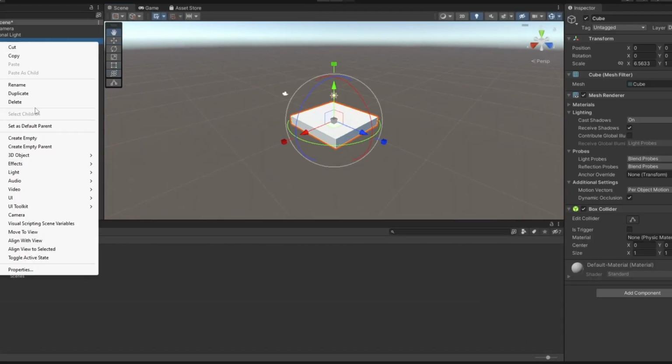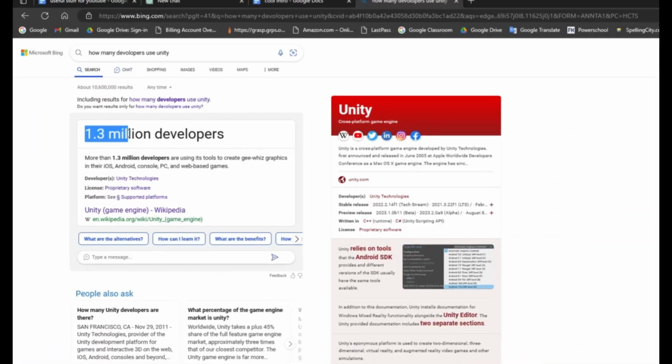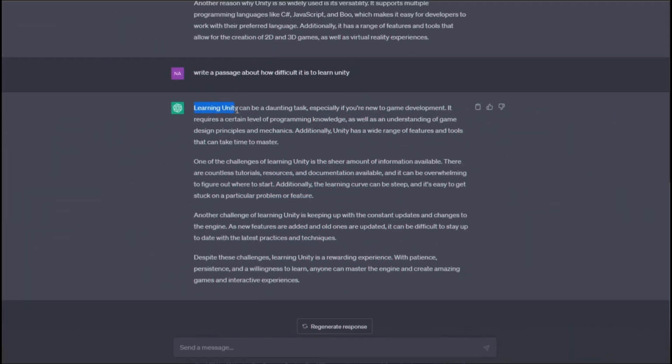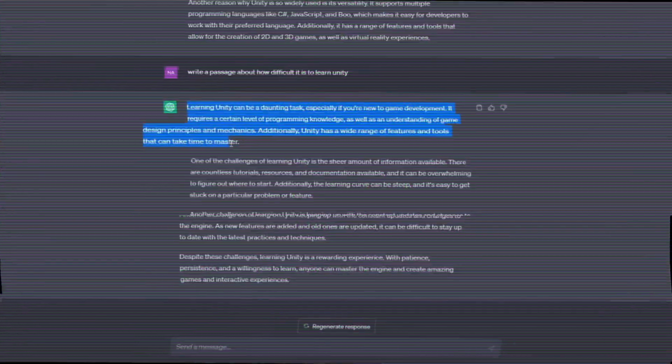Unity, first released in 2005, has since become one of the most popular game engines in the industry, gaining over 1.3 million developers. Learning Unity can be a daunting task, especially if you're new to game development. It requires a certain level of programming knowledge as well as an understanding of game design principles and mechanics. Additionally, Unity has a wide range of features and tools that can take time to master, and I'm gonna learn